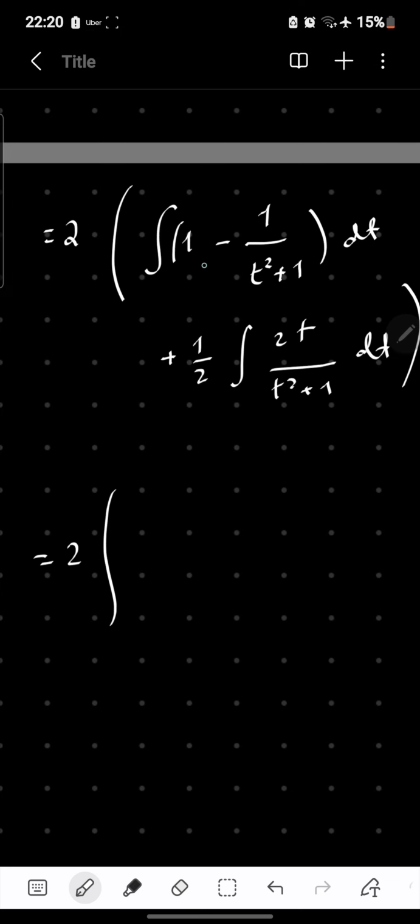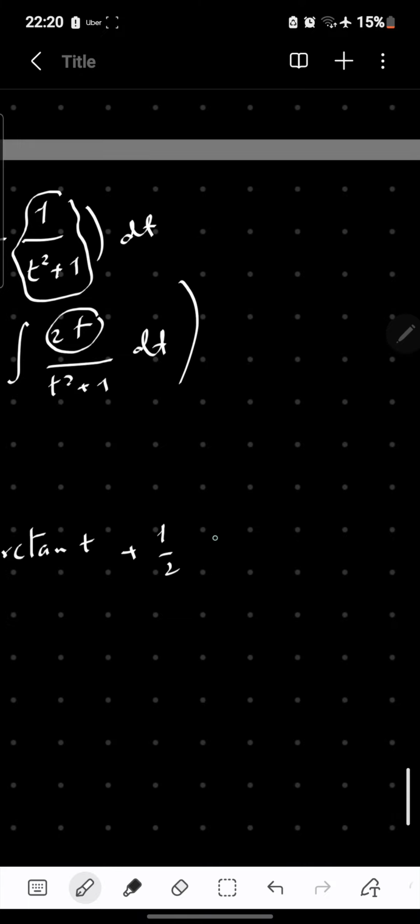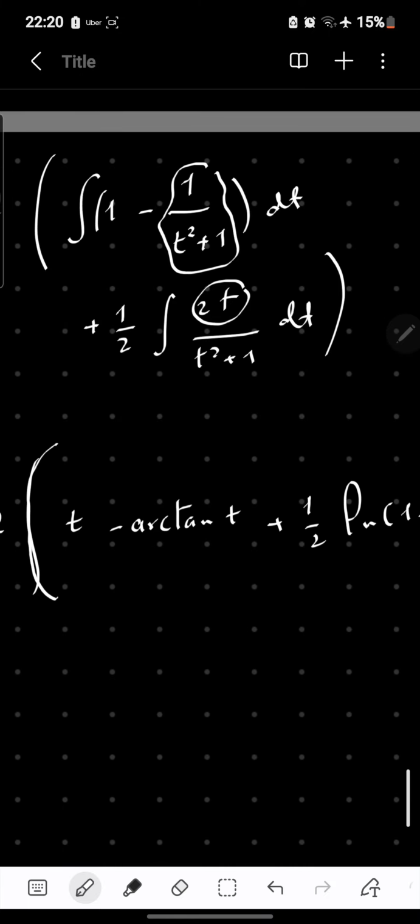2 outside. Integration of 1 is t, minus integration of this one is arctangent, plus half. We have the numerator is a derivative of the denominator. It will be ln 1 plus t squared plus c, and you can substitute t by its values in terms of x. This example is one of our examples on